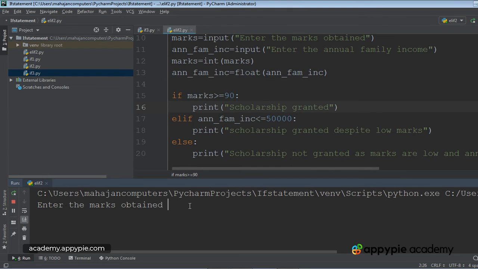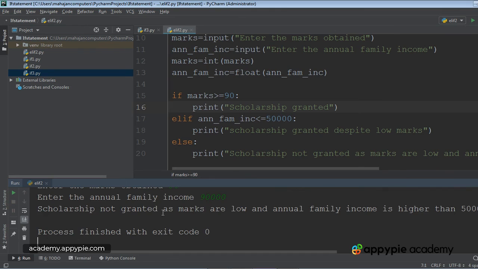Okay, let me again execute this program, Control Shift F10. This time I'm going to give the marks as, suppose, anything less than 90, and annual family income anything greater than 50,000. I will press enter. Now it is giving the message scholarship not granted, as marks are low and annual family income